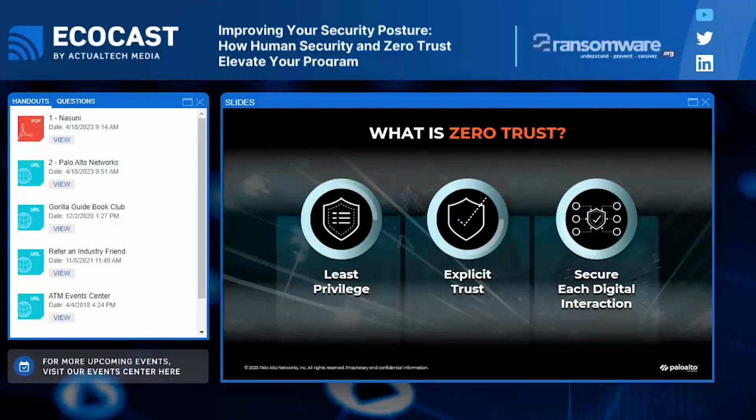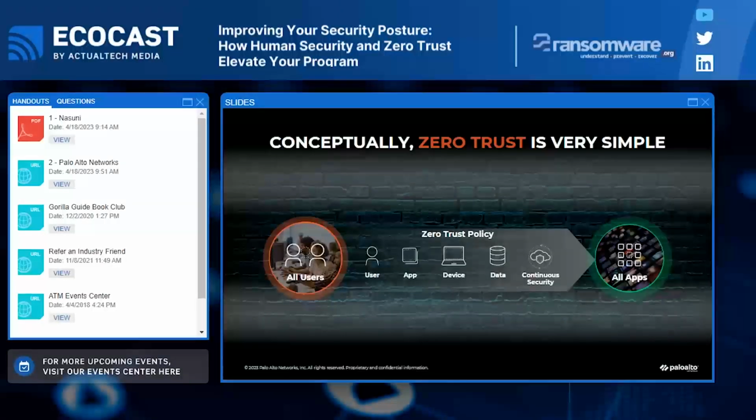Okay, fundamentally, sounds pretty simple, right? And if you think about it conceptually, it is rather simple. We talked about context. How do we get context? We get context about users, applications, devices, and data. Usually that can come from our infrastructure.